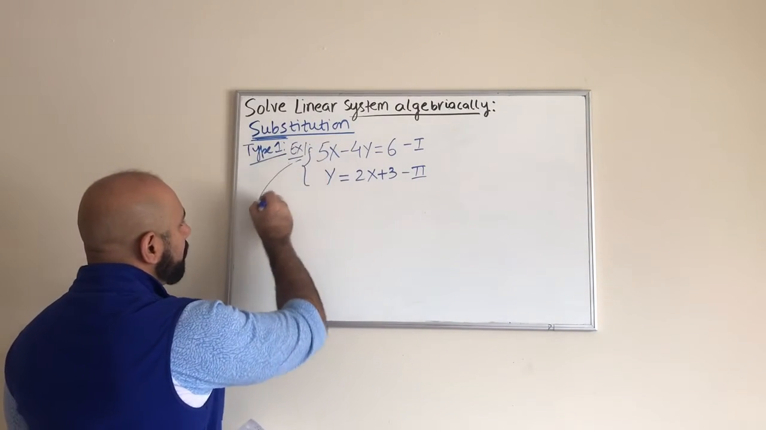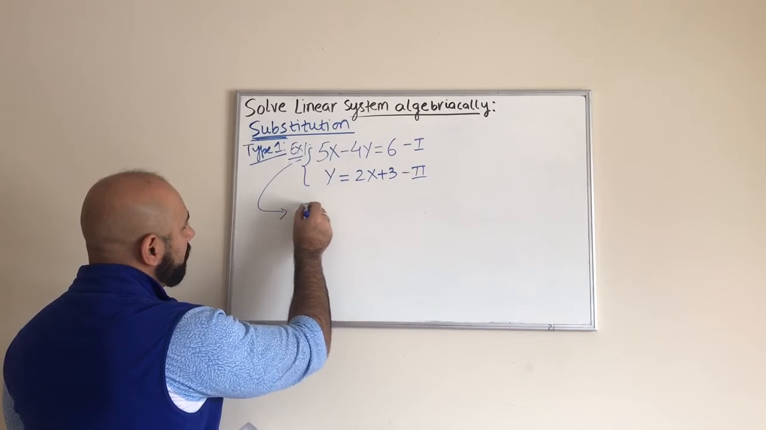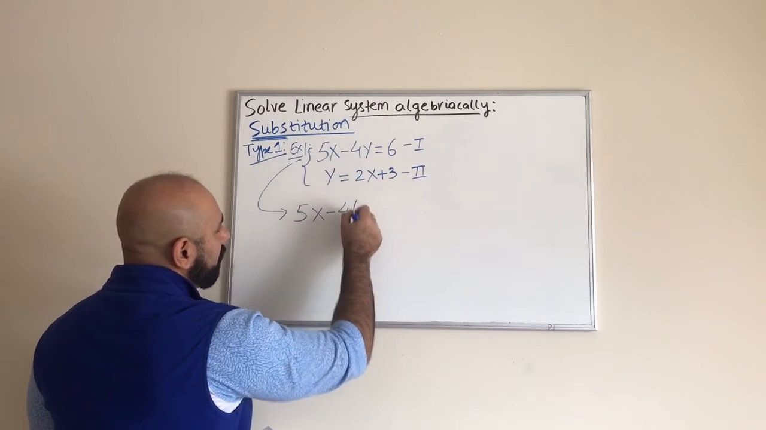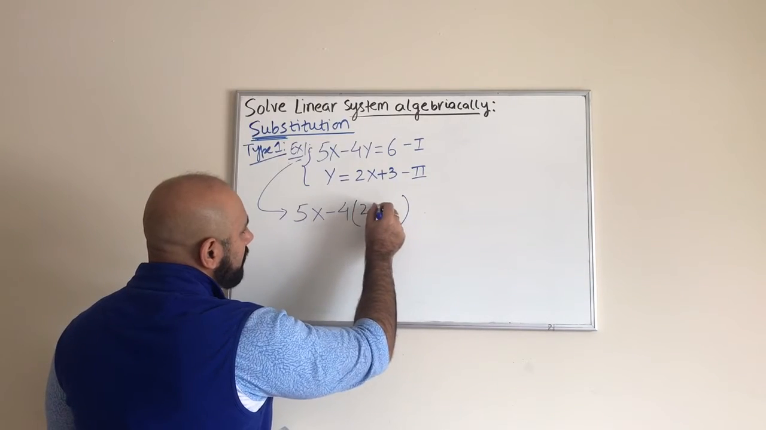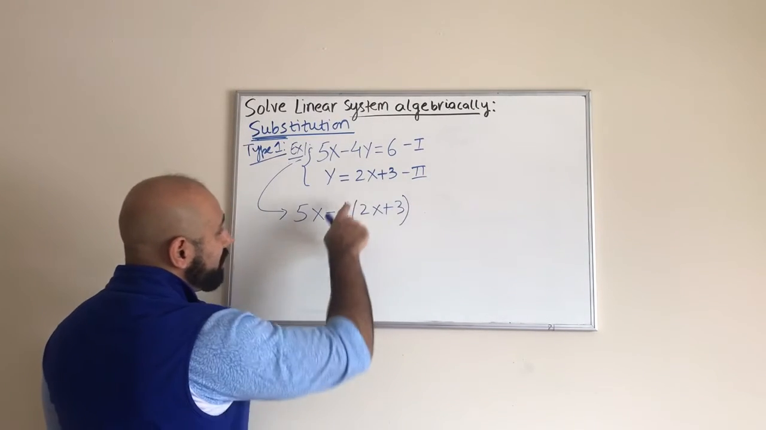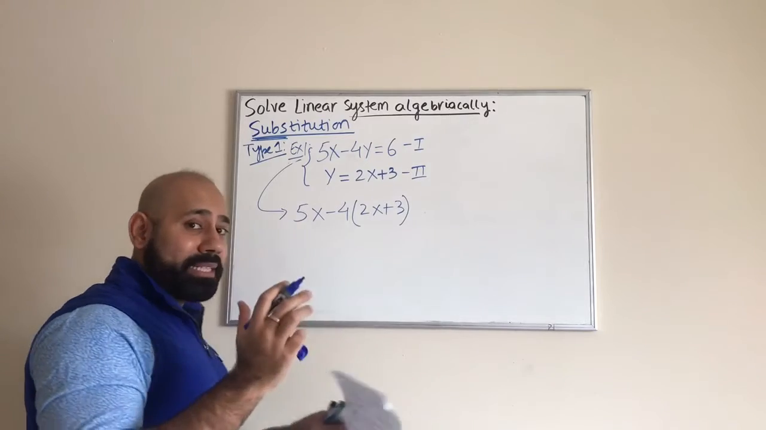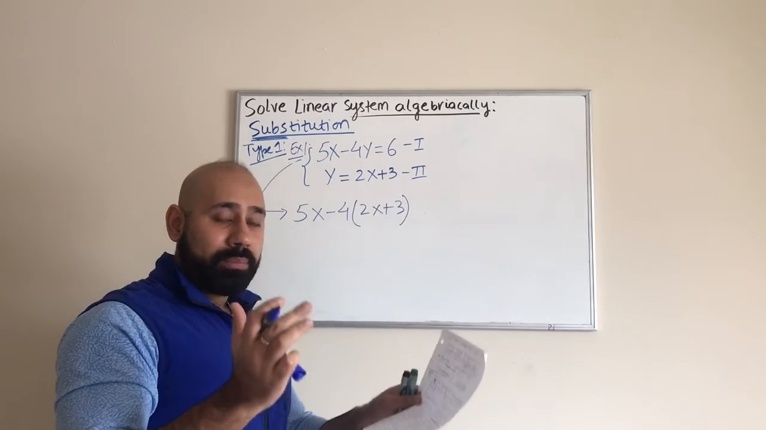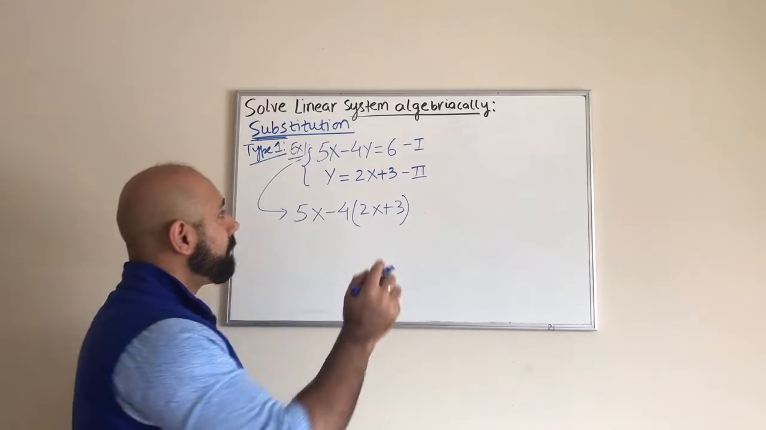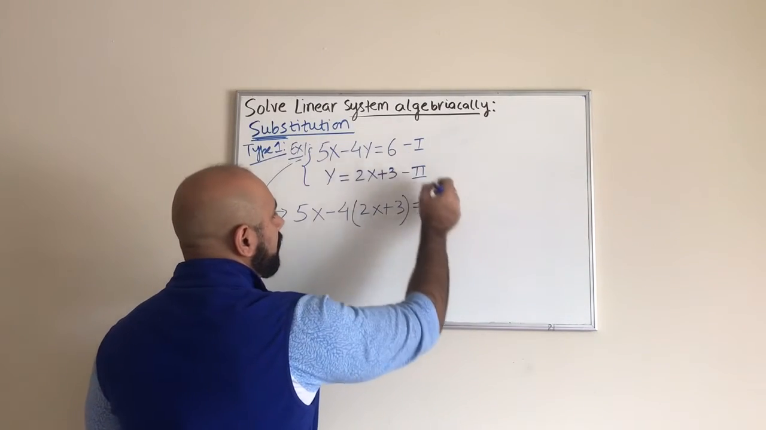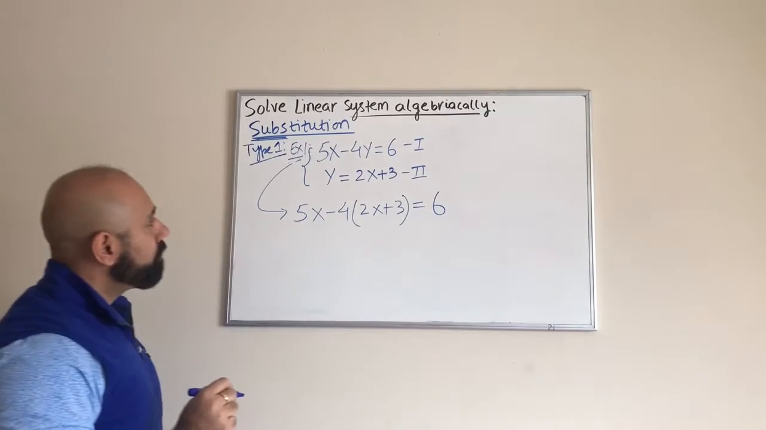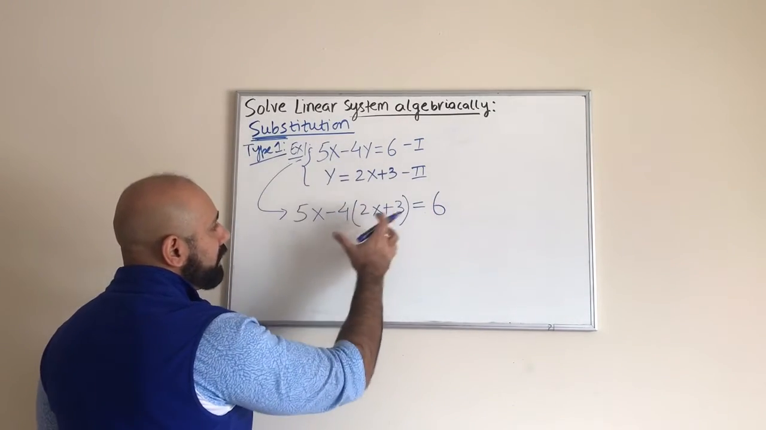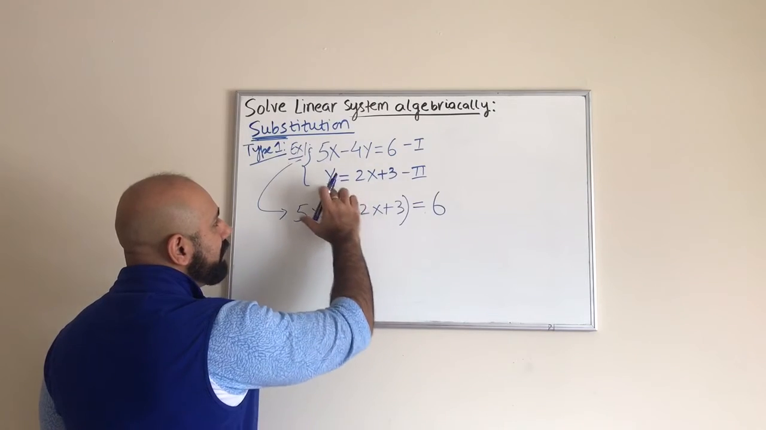So what I'm going to do is bring this first equation back, so 5x minus 4, and then for y I'm going to replace that y by 2x plus 3. The other key thing here is to keep the 2x plus 3 in parentheses, because here it is a binomial, we have two terms. So we want to keep those two terms in parentheses, okay? And then that equals 6, right? So equation 1, still equation 1, but it is slightly transformed because now we have replaced the y term